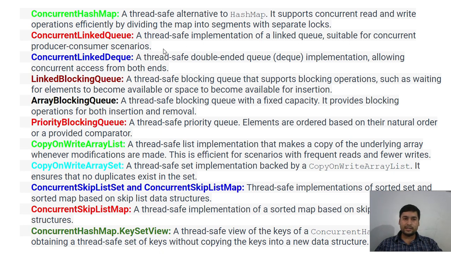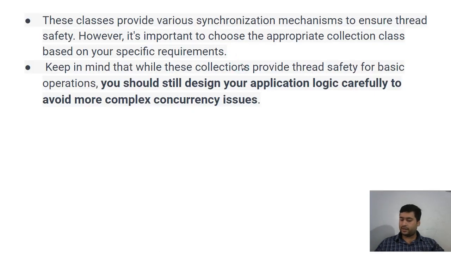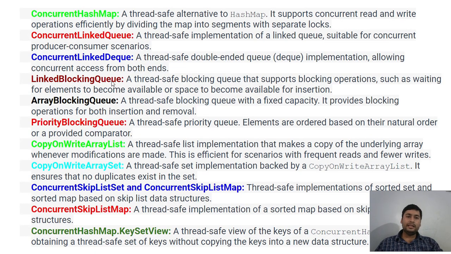When you are using Kafka or RabbitMQ, that is very important. ConcurrentLinkedDeque is a thread-safe double-ended queue, and you can do the work on that. Then LinkedBlockingQueue, ArrayBlockingQueue, PriorityBlockingQueue,